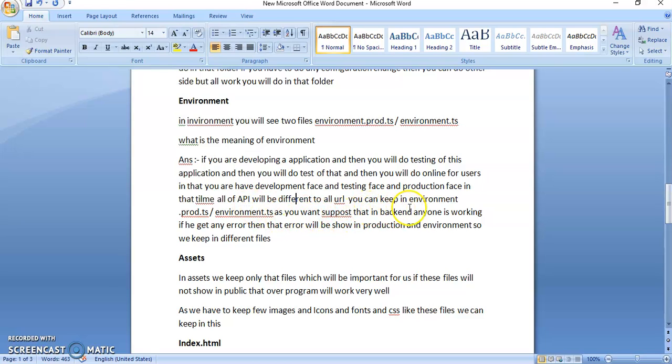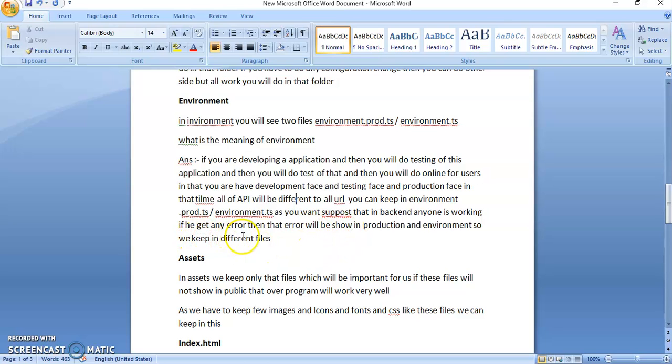You can keep all of the URLs and all of the APIs in environment.prod.ts and environment.ts. In both files you can keep all kinds of data for the user interfaces, and for development, testing and production.